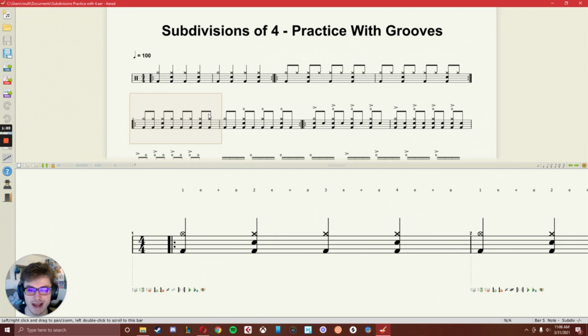Simplify it, subtract, take away elements until you can play it, and then add stuff back in. So we start with just the quarter notes, then we add the eighth notes on the hi-hat, then we add the eighth notes on the bass drum, and then we take away the eighth notes on the hi-hat and just play a quarter note pulse